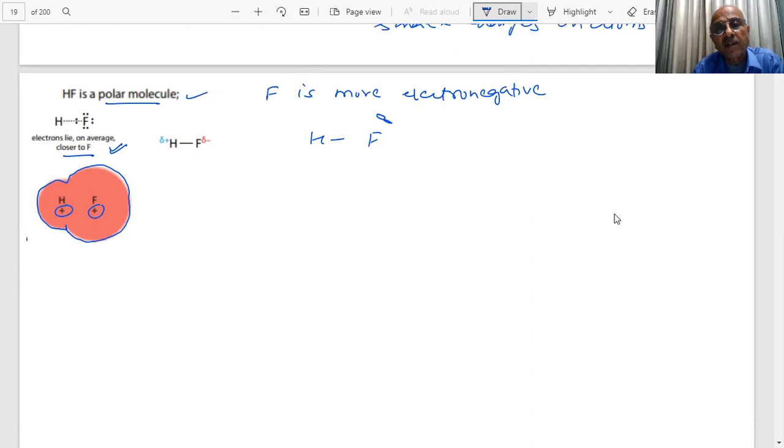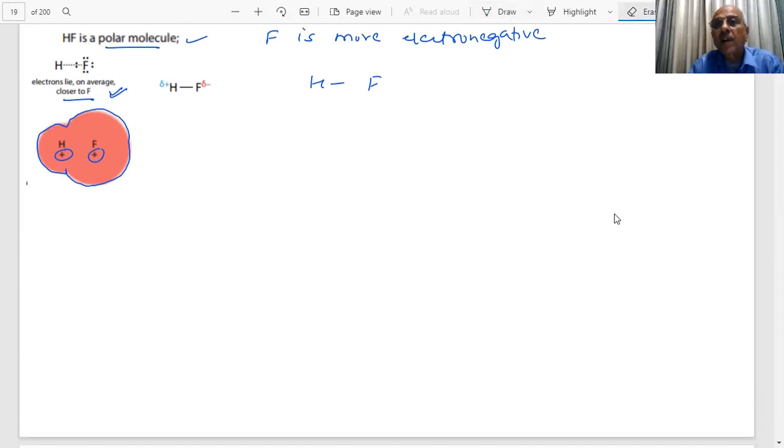We represent it, student. How do we represent it? What I represent, student, is that this bond is becoming polar. This is having a slight negative charge. This is having a slight positive charge, student. This is what we are talking of, that the bond has become polar. Separation of charges takes place, and in general we are saying the more electronegative element